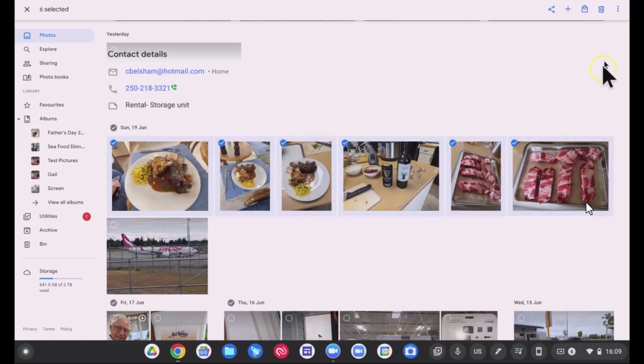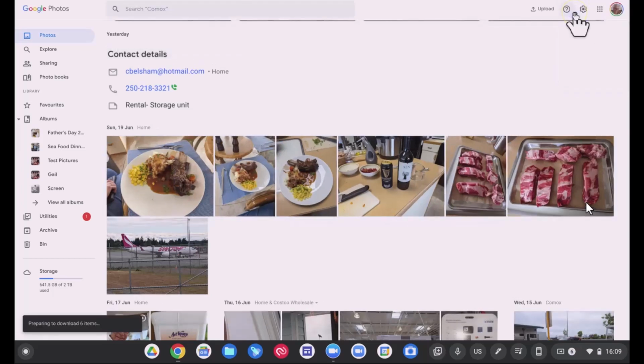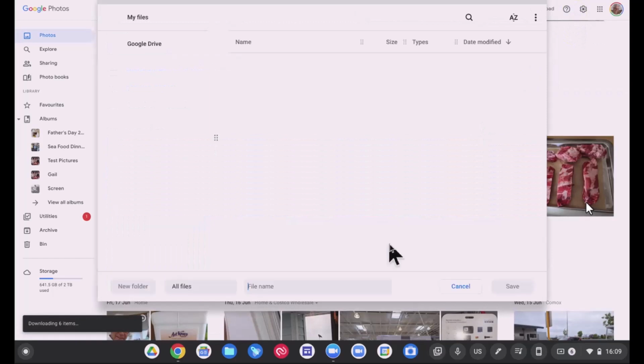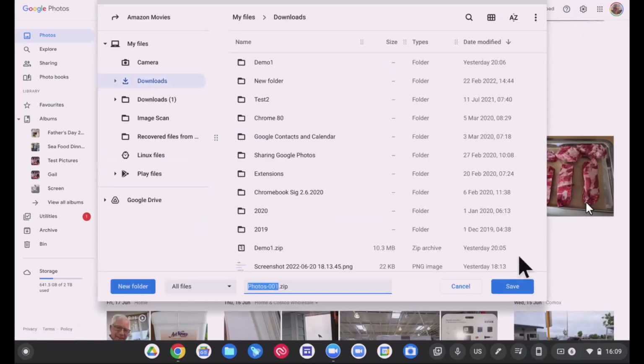We're going to come up now into the 3-dot menu on the top right. We're going to click this, and we're going to say Download. And I want you to watch to the bottom left as you see the file being zipped. And these are now being zipped and downloading onto our Chromebook. Here they are. They're now in the downloads directory. It is a file called